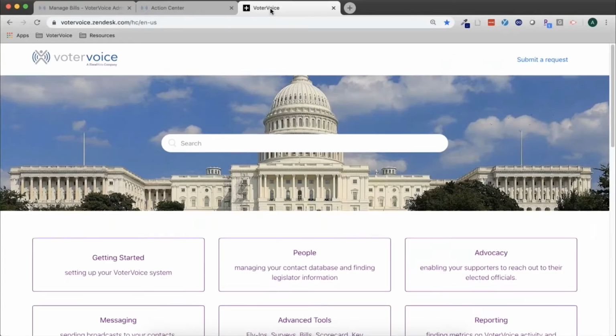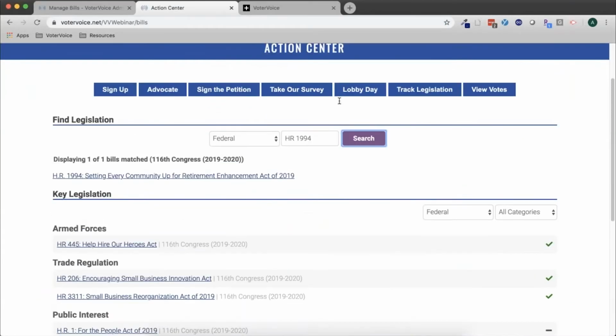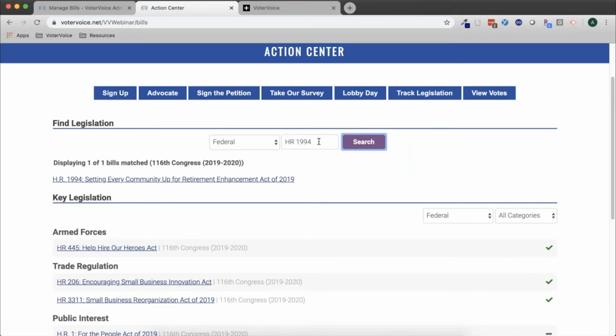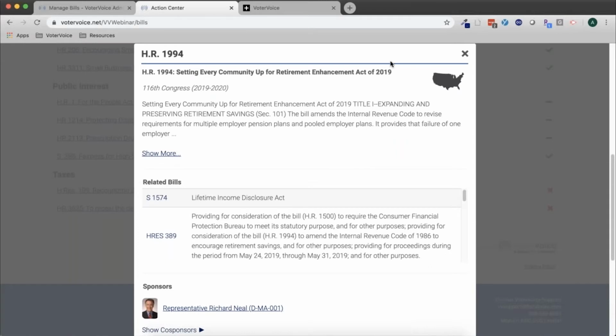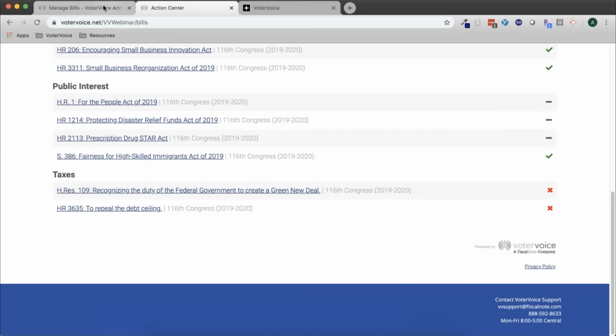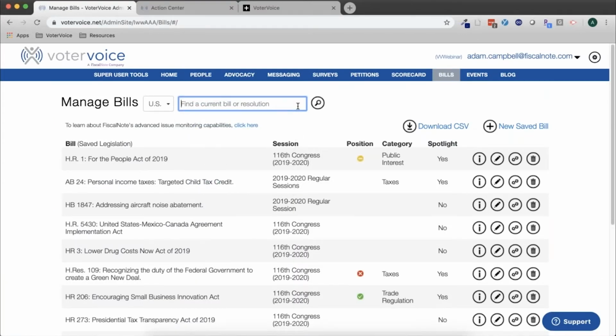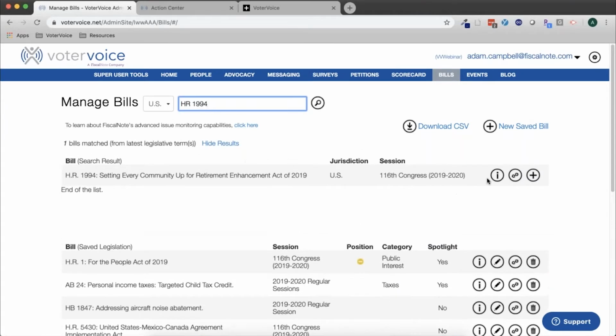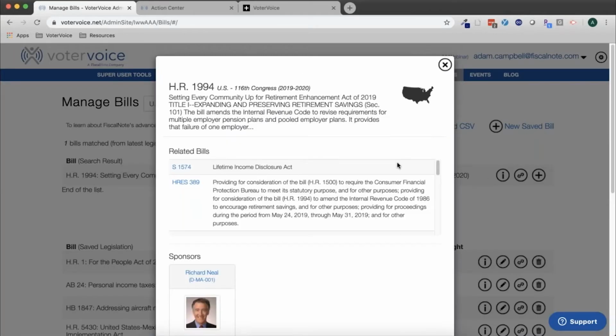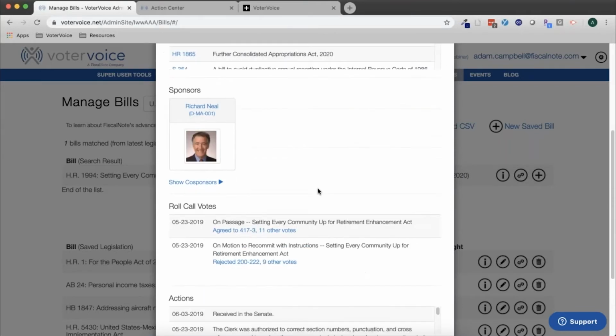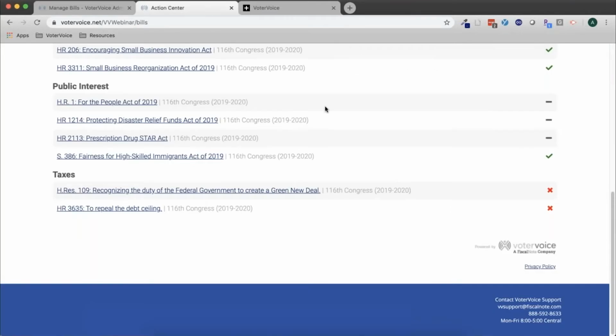Now, your users can come to the bills page and simply search for that bill. And they can pull this up and they can see the official title and description. And you can find that same information when you search for it here. As you see, you have the same title, same info. Really, the only difference in what the users see versus what you see